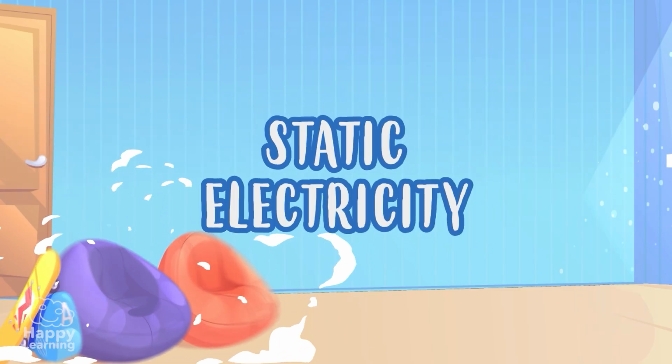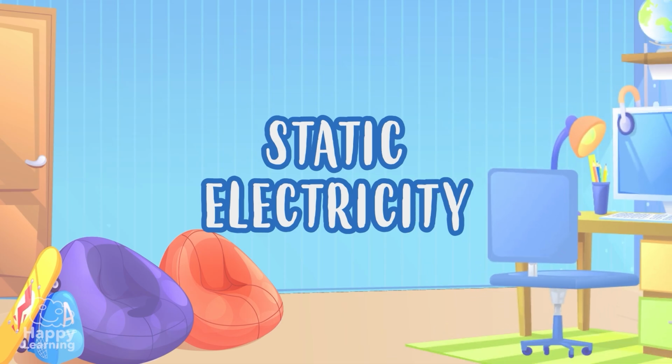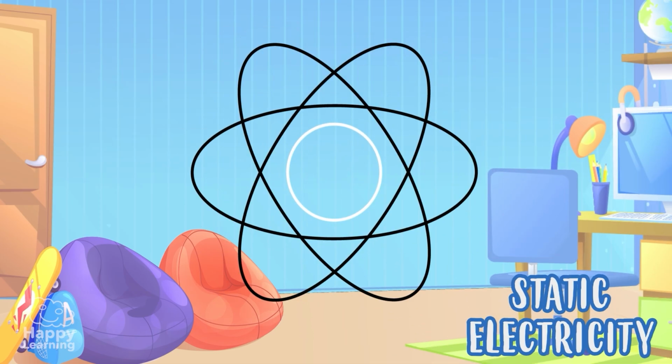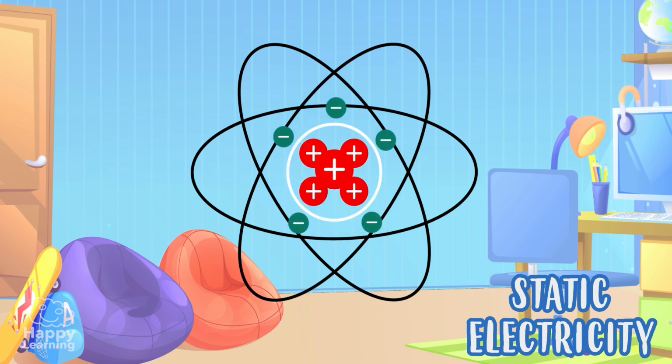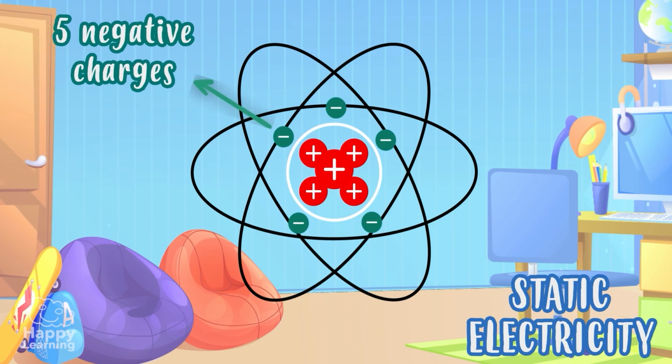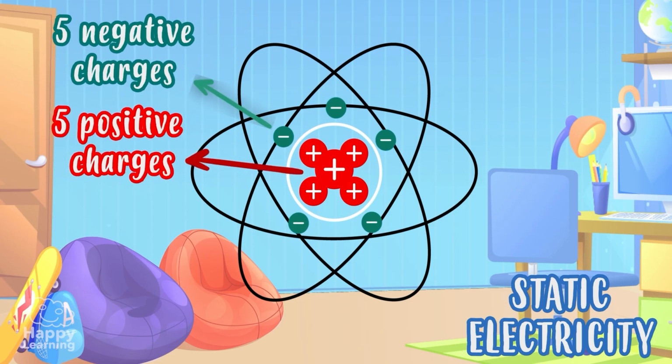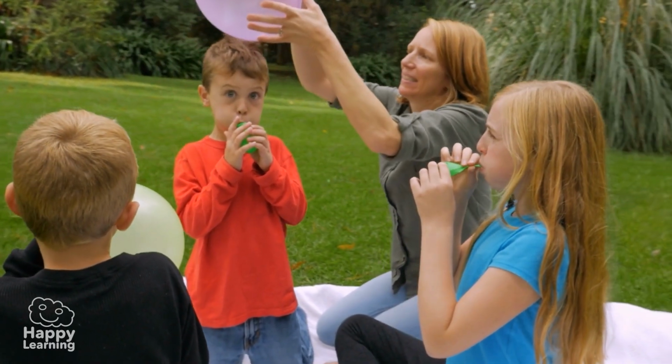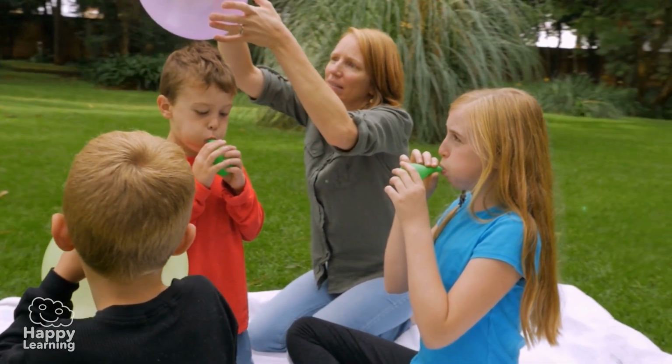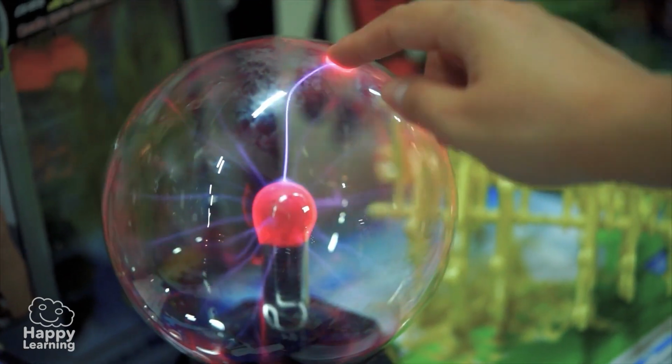All objects are made up of atoms. And atoms have positive and negative electrical charges. Usually these charges are balanced. This means that the negative and the positive charges are equal. Well, when two objects rub together, the electrical charges of their atoms become unbalanced and pass from one object to